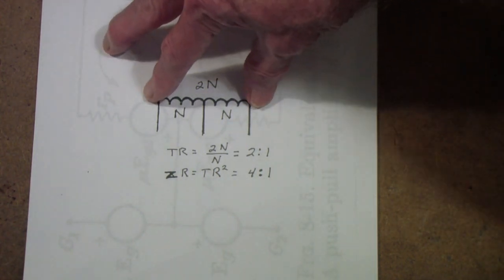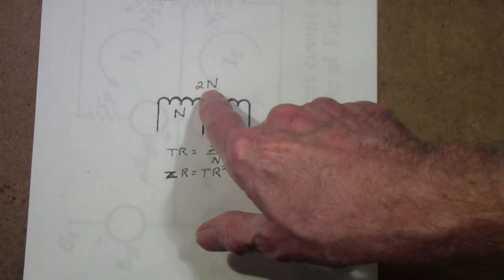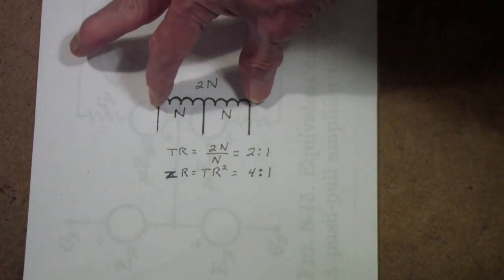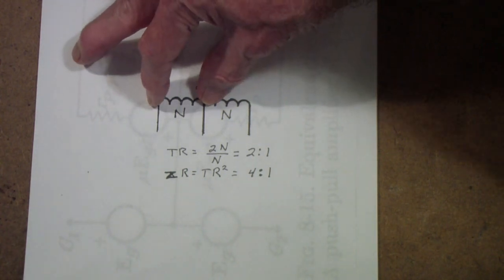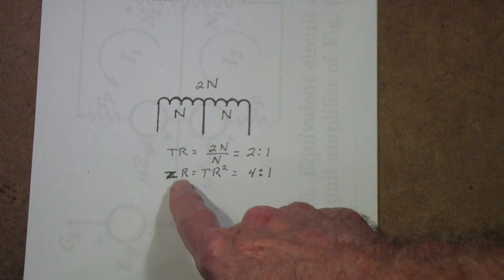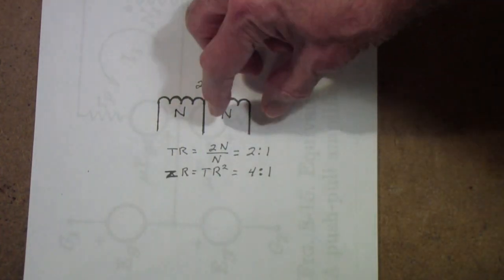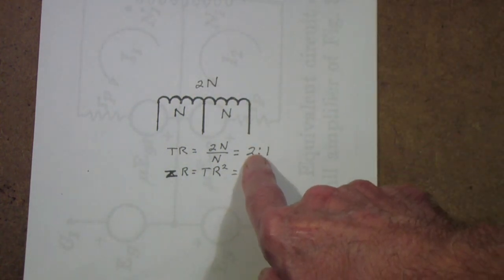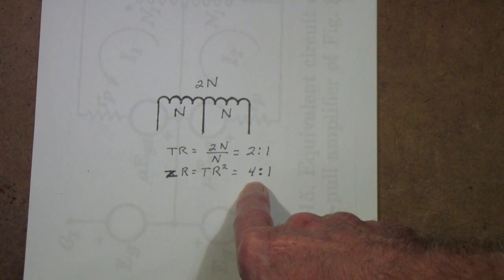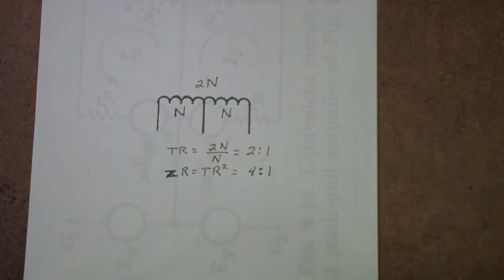Sees a turns ratio of 2n. There I go again, mixing up the terms. So the turns ratio is twice as many turns for the total as for either side. To get the impedance ratio between plate to plate and single-ended, you have to square the turns ratio, or get 4 to 1. And that's the reason why the transformer in a push-pull stage is rated plate to plate,